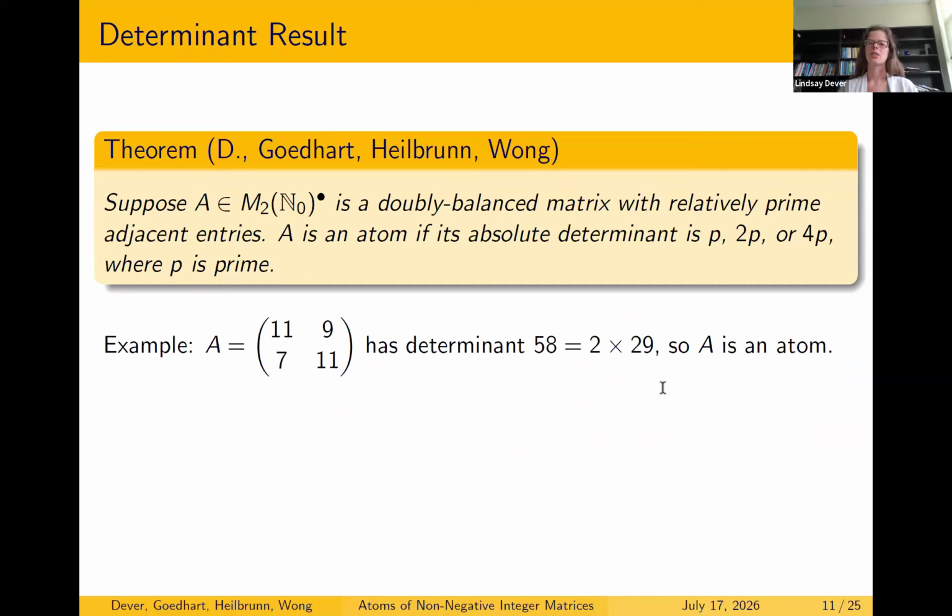As far as I know, Greg, correct me if I'm wrong, but I believe Greg's result on the prime determinants only goes in one direction. So if its determinant is P, 2P, or 4P, then it's an atom. But I believe we had examples where the determinants were prime and they were not atoms. Yeah, of course,